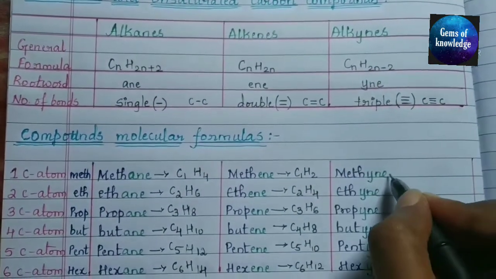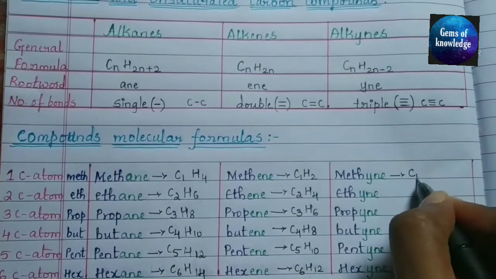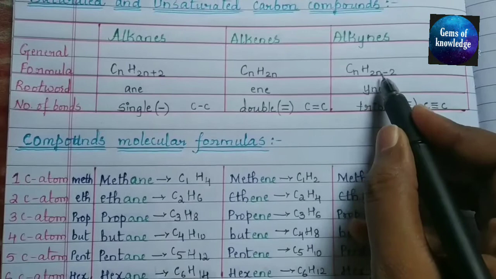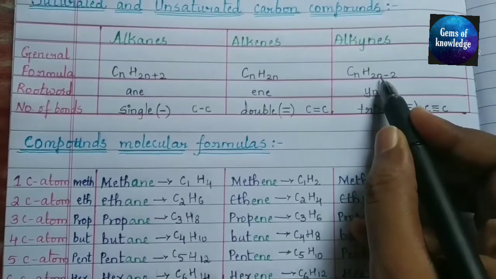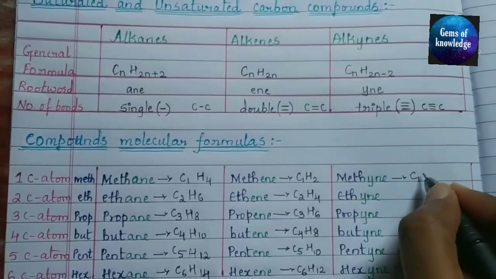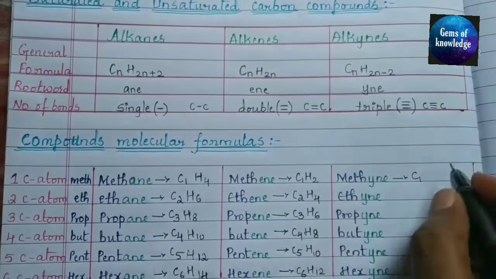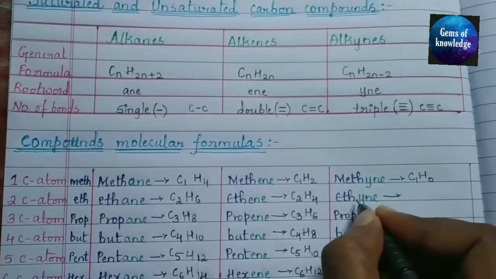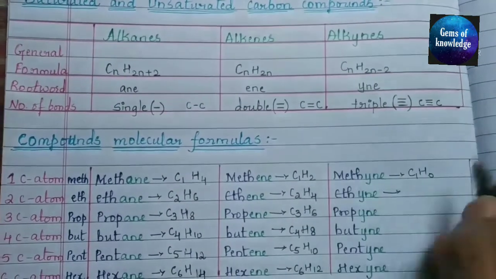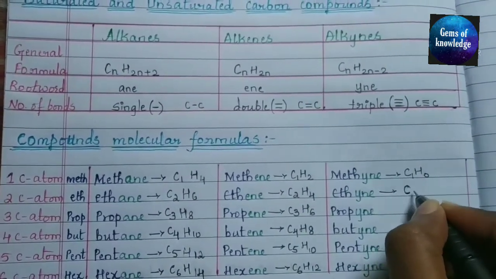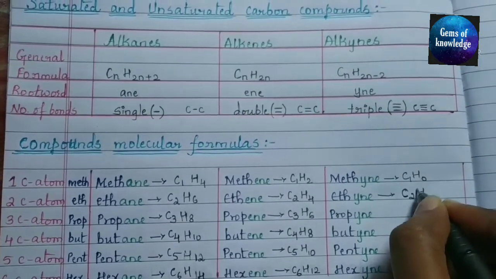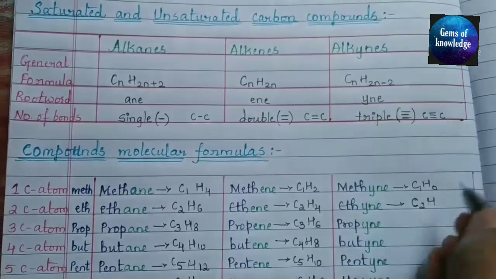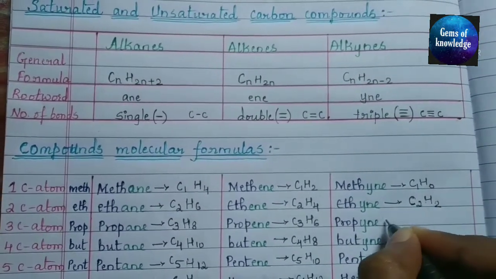Okay, next you will get alkynes. So in place of methane again you will get C1. Meth means C1. Here we are getting H2n minus 2. So 2 into 1 minus 2. 2 into 1 is 2, 2 minus 2 we are getting H0. Next, ethyne we will get. For eth we need C2. So H we will get 2 into 2, 4. 4 minus 2 we are getting 2.